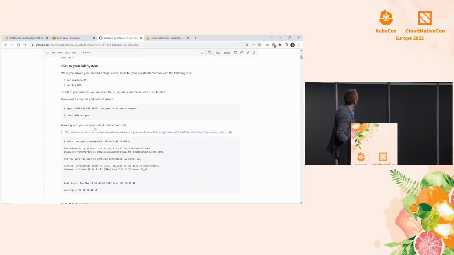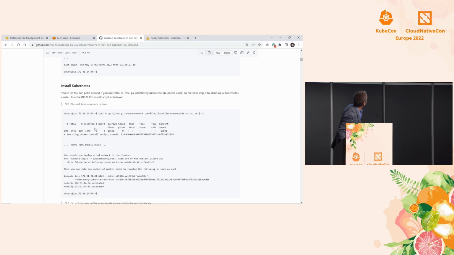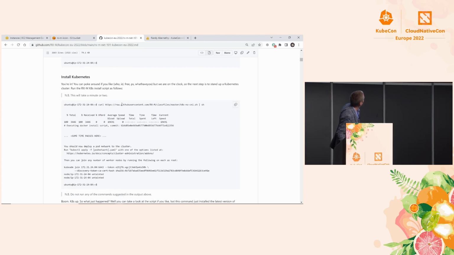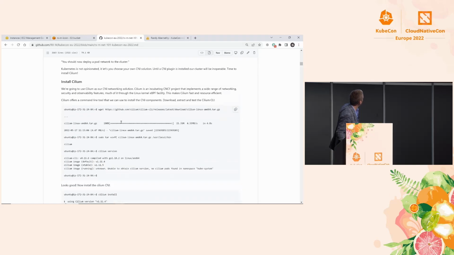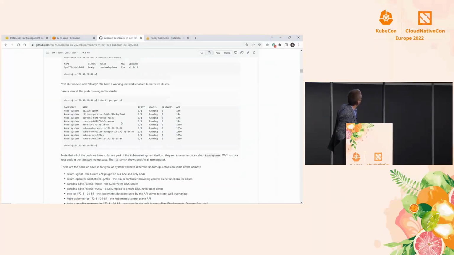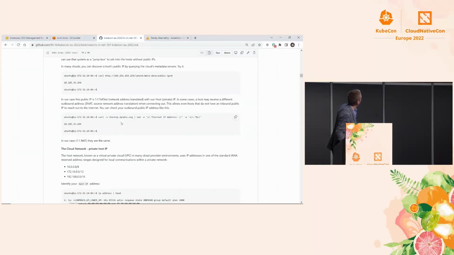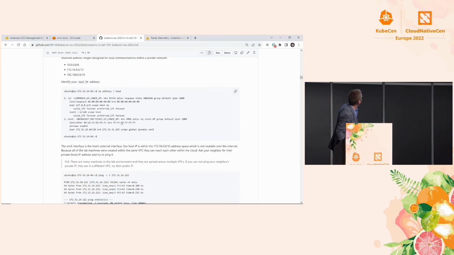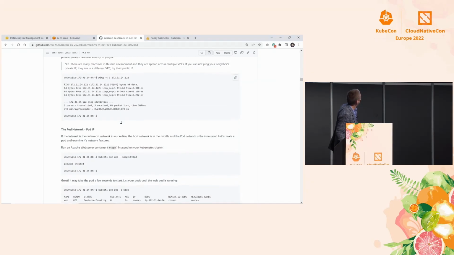Now, one thing I want to mention is in the instructions, it's walking you through all the steps, right? So it says, hey, do this, and then it says, hey, do this. But some of these things are specific to your computer. For example, if you create a pod through a deployment, that pod is going to have an IP address that is unique to your setup.